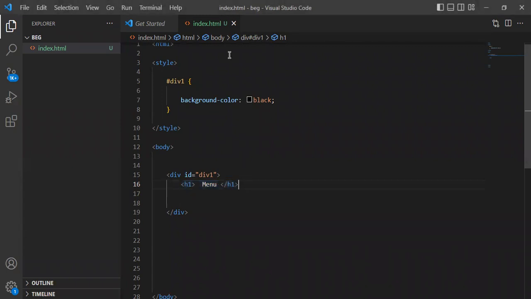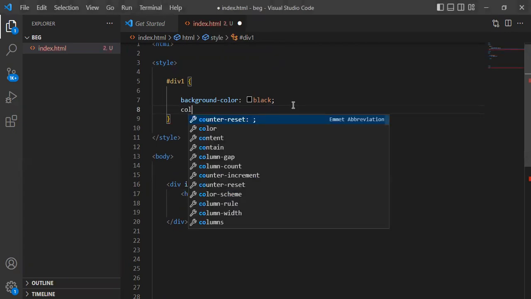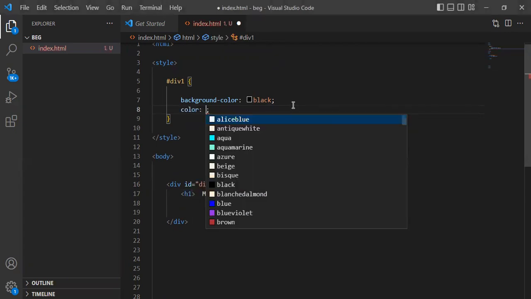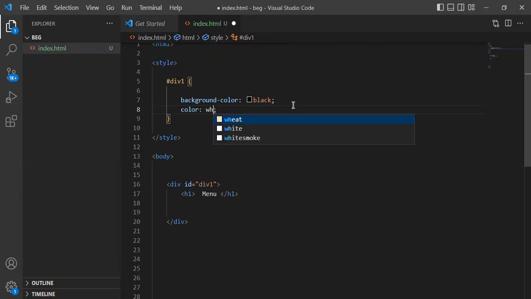So the next thing that we need to do is, if you go back here, just type color white. What this means is that everything